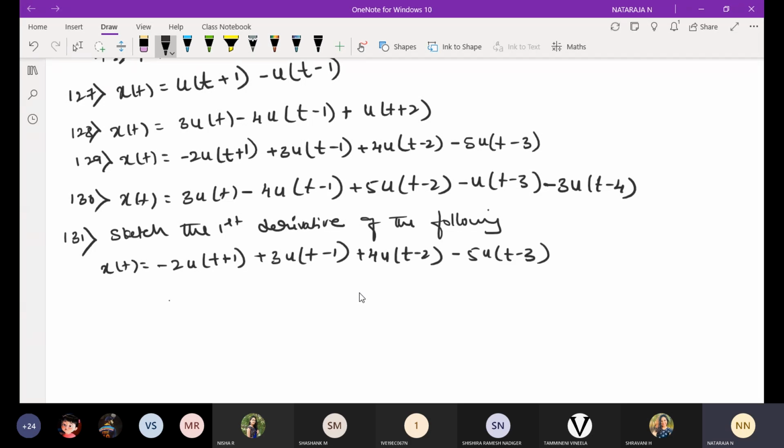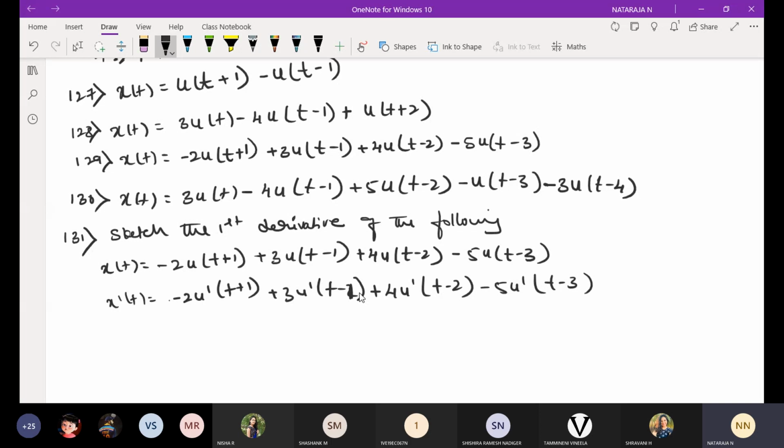We need to sketch the first derivative. Okay, just take x dash of t is equal to the same signal, u dash of t plus 1 plus 3u dash of t minus 1 plus 4u dash of t minus 2 minus 5u dash of t minus 3, or else you can directly